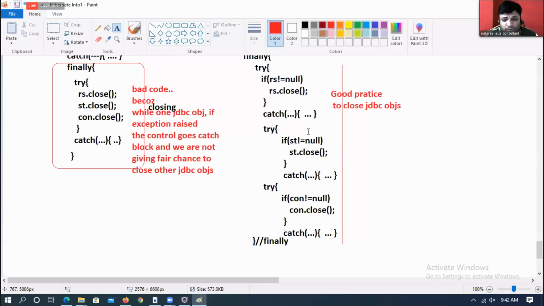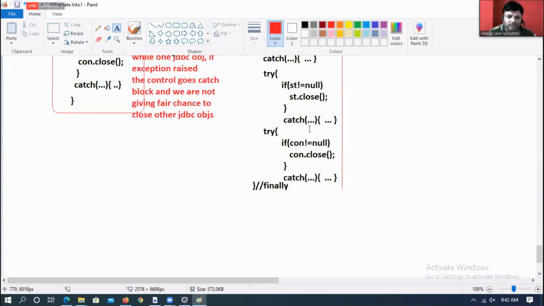There is a possibility of getting a null pointer exception or not. That's why, to avoid that, it is better to check for null before calling methods on the objects. Got it? I think some people who are not my JDBC students are getting these doubts, because in our regular JDBC classes we play with this not null check all the time. Everyone is aware of that, right? Super. Now focus.